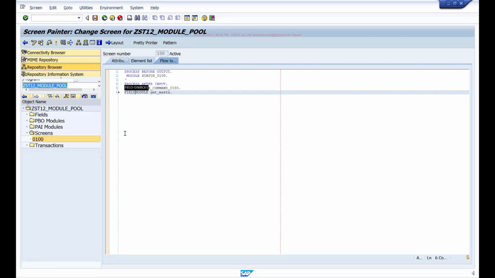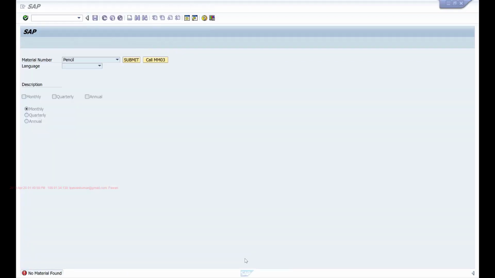So we generally use this field statement for such purposes where you want to validate the fields or you want to process a particular field. Then we use that field statement and call a module where you typically handle some field related validations in this module. So now if I use this field statement and throw an error message, so you can see it's showing the error message, but that particular field is input enabled and remaining fields are input disabled.